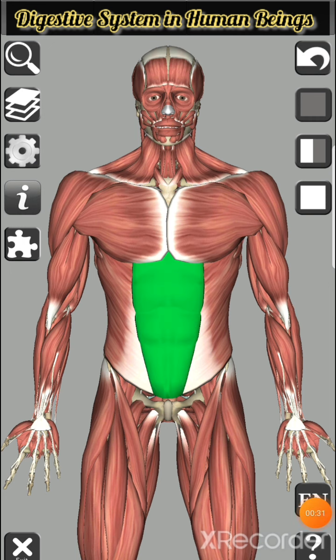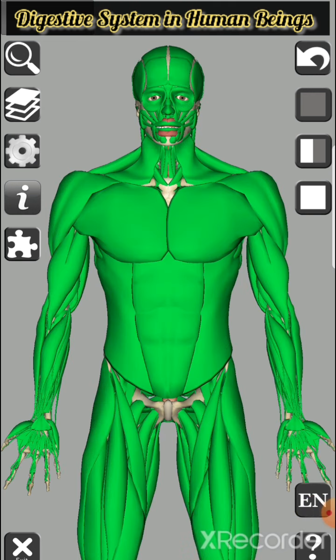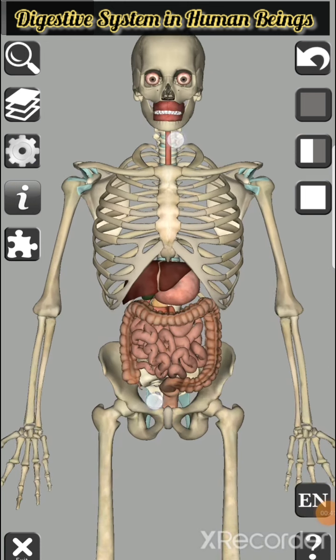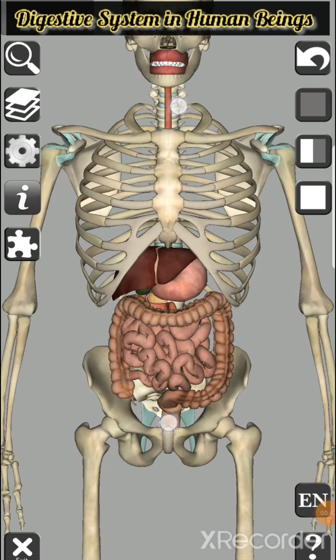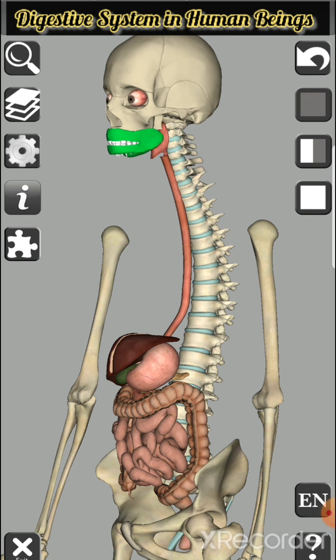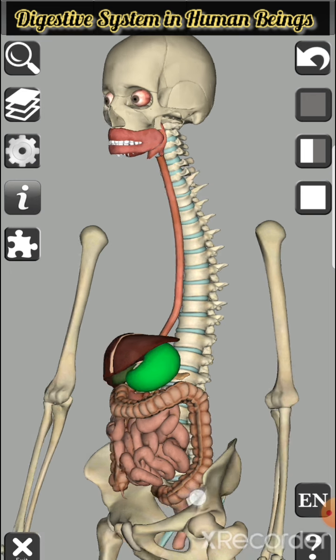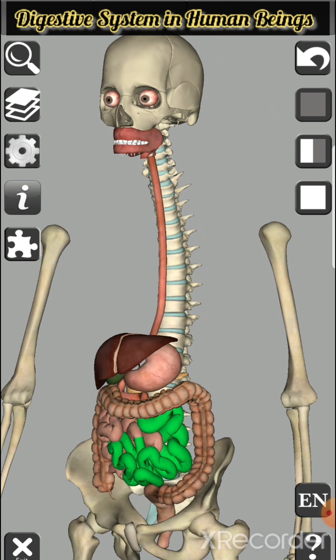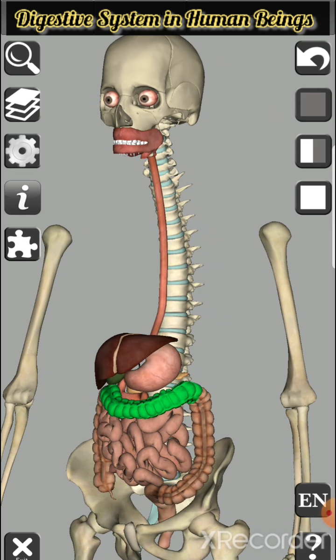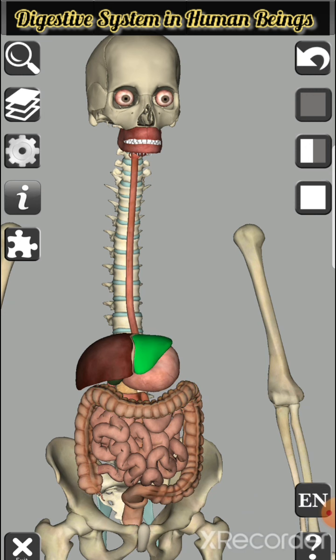Here you can see these are muscles. So after removing these muscles, what we see here is our digestive system. These are the different organs which participate in digestion of food. First, our digestion will start from the mouth, then pharynx, then esophagus, then here there is a stomach, small intestine, large intestine, and there are certain glands which participate